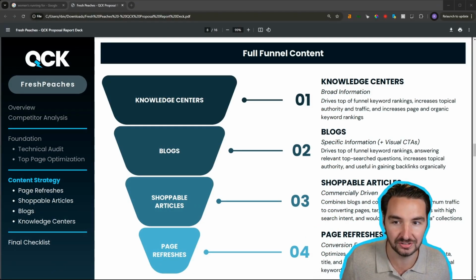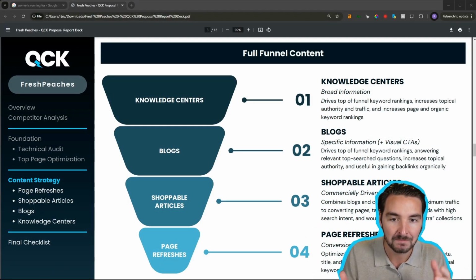So some may be landing pages or collection pages if you're on Shopify. Some may be blogs or knowledge centers, which also is a type of blog, basically. So they're going to go, one, locationally in different parts of your site, but two, they're also going to be written differently. They're going to target different levels of intent. And this is actually just a slide from one of our recent pitch decks,